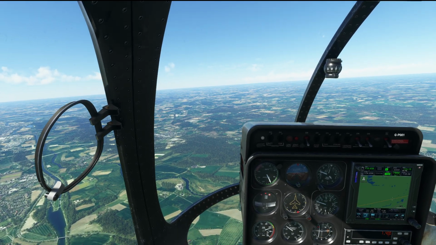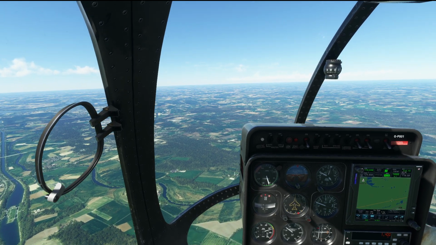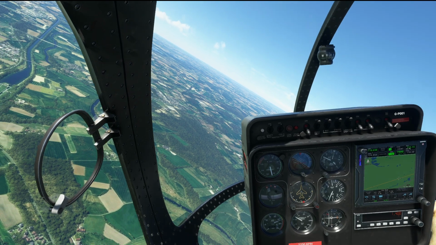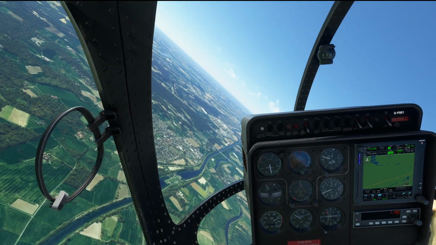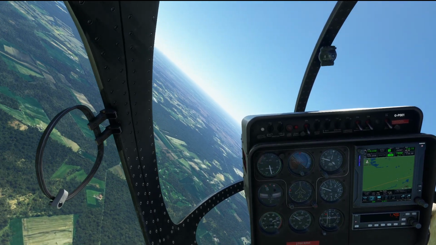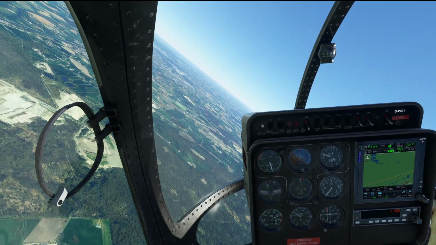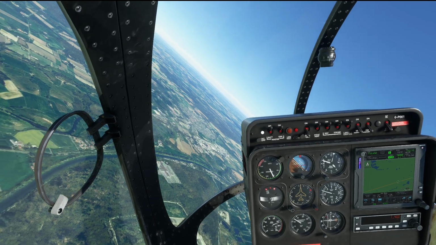Alright, so we have reached our training area. So let's start with steep turns, 45 degrees left and right. The aim is to hold the altitude, so 3,800 it is. The plane actually seems to have a tendency to increase the bank angle here, which aerodynamically